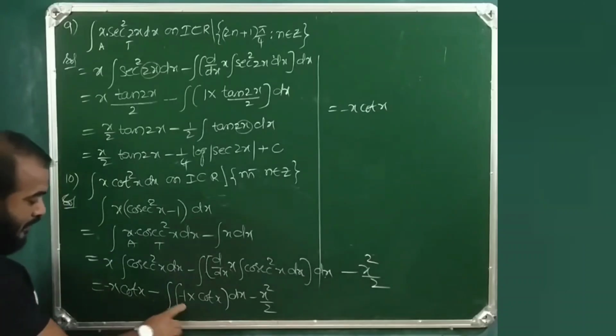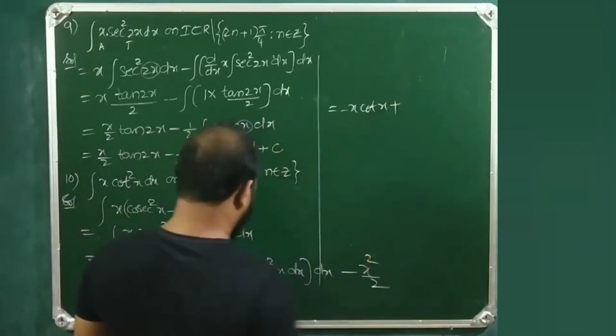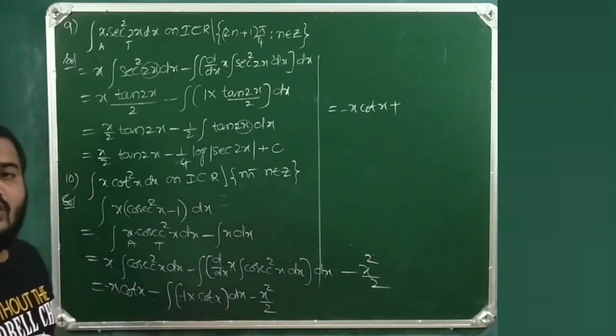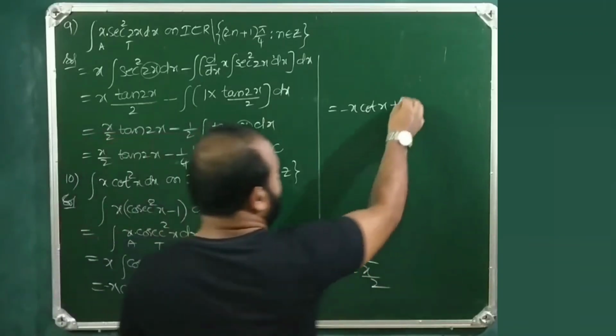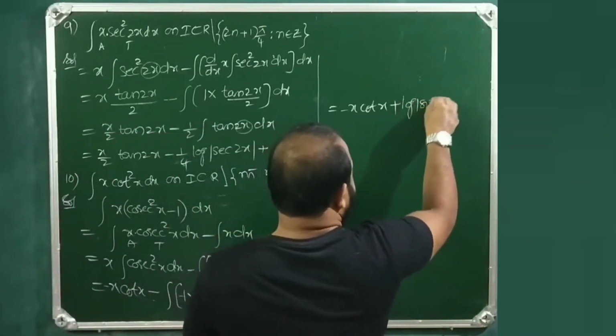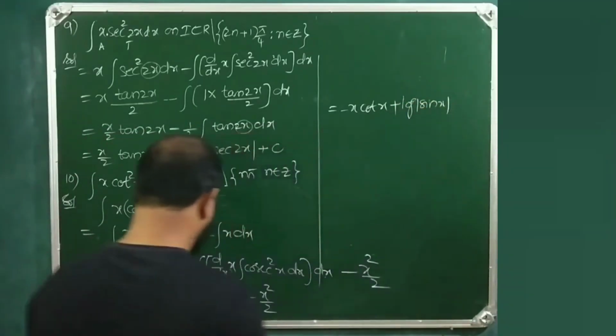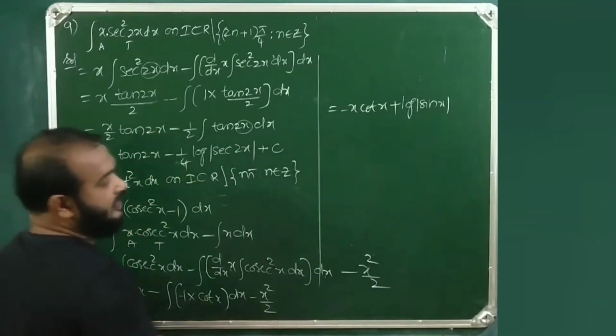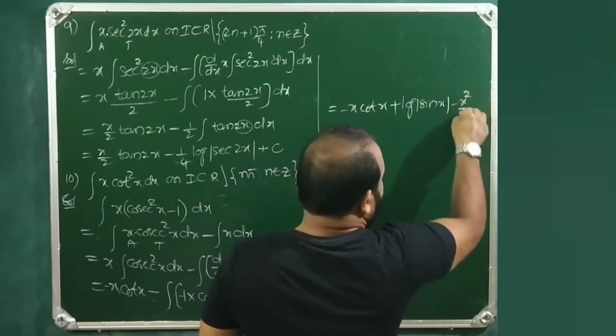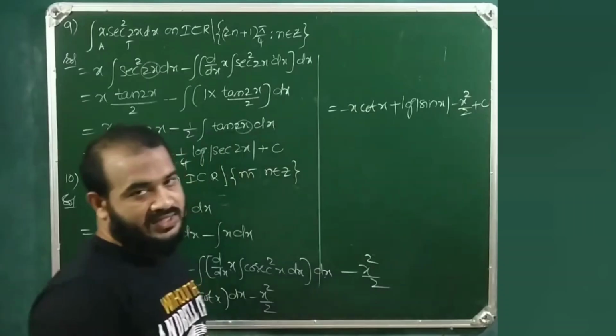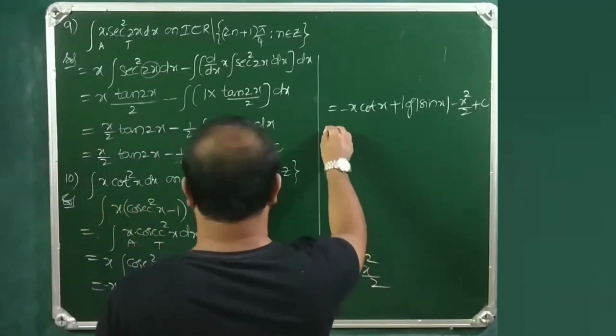So this is minus into minus plus 1 into cot x cot x. Integral cot x dx is log mod sin x plus log mod sin x. This is minus x square by 2 plus constant of integration c. So the next question is